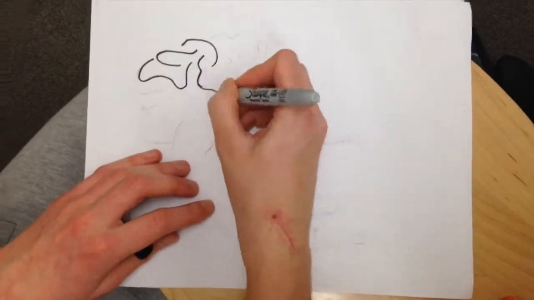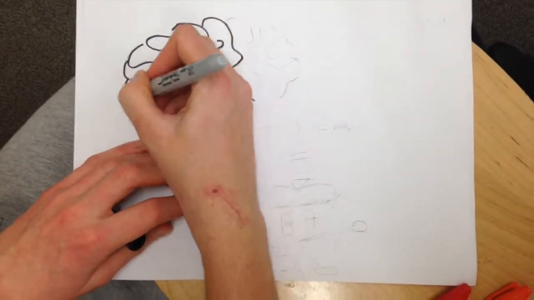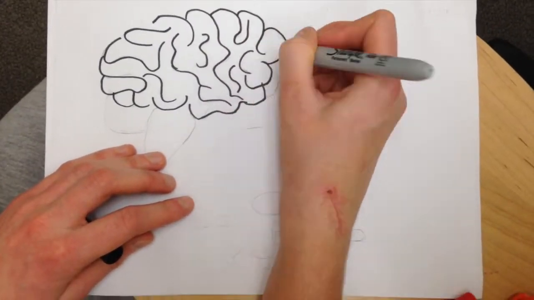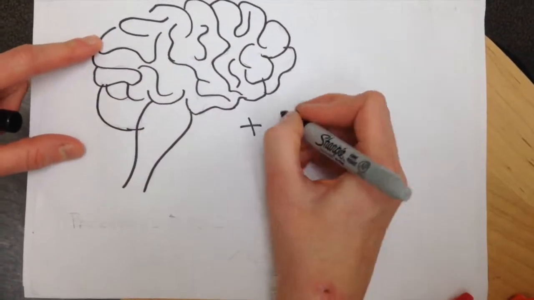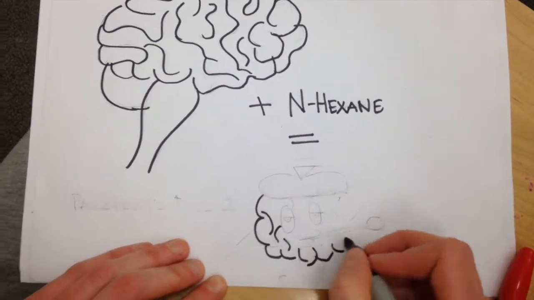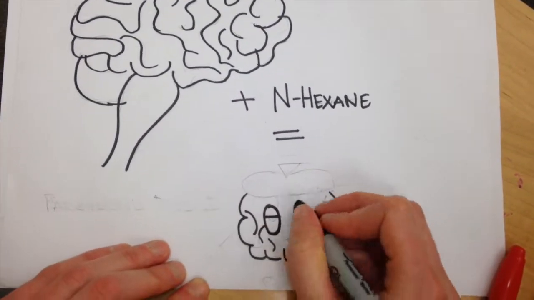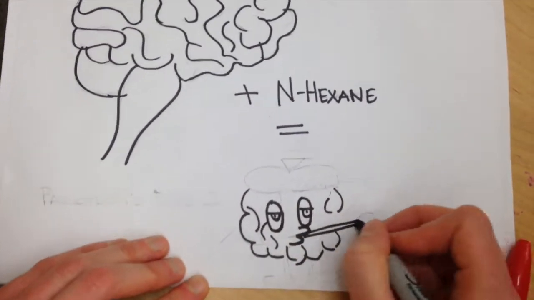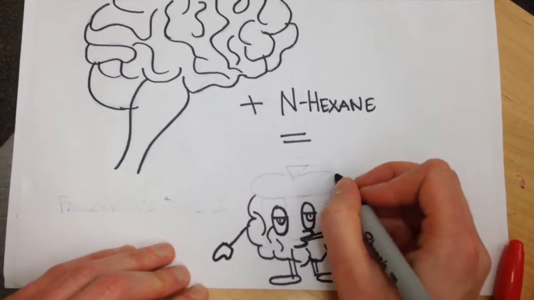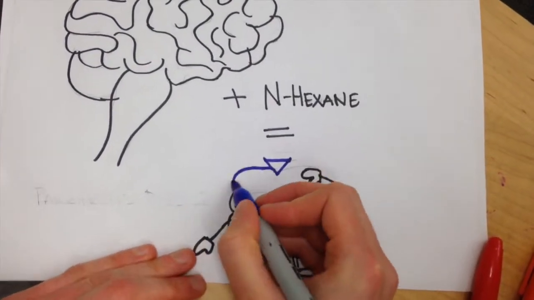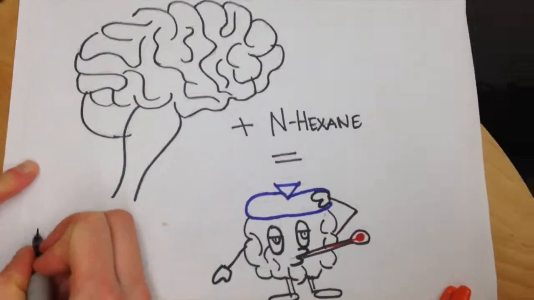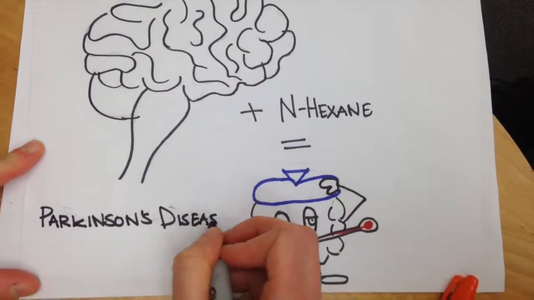Exposure to N-Hexane is harmful to the body and can cause long-term health problems. Studies have even proven that N-Hexane can be a contributing factor in the onset of Parkinson's disease in individuals who are exposed to N-Hexane for long periods of time. In 2009, researchers in China performed neuroradiological and neurophysiological tests on a 55-year-old man with Parkinson's disease. This man, who was a factory worker, had regularly been exposed to N-Hexane for 17 years. The results of the two tests suggest a role of N-Hexane in damage to the central nervous system.